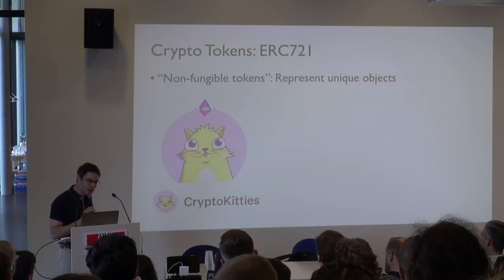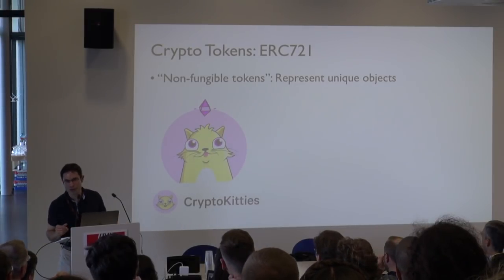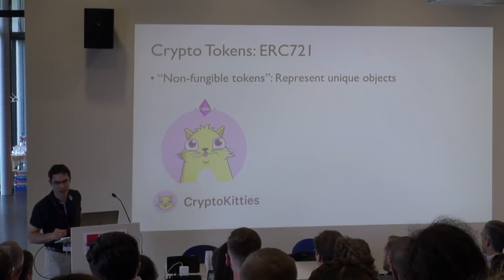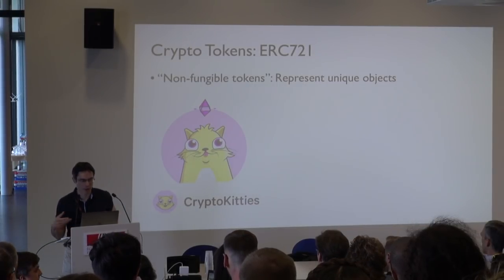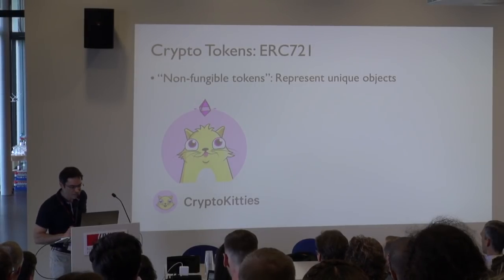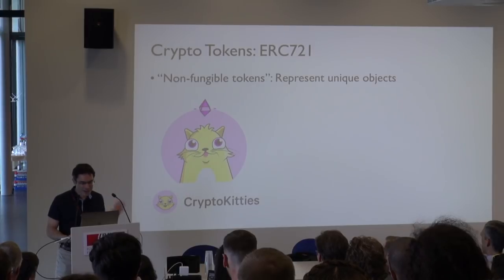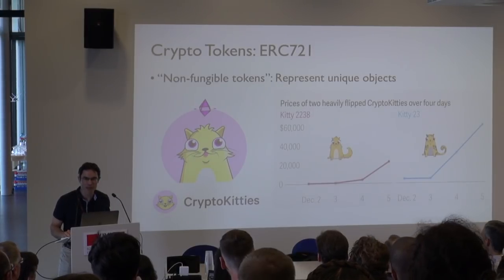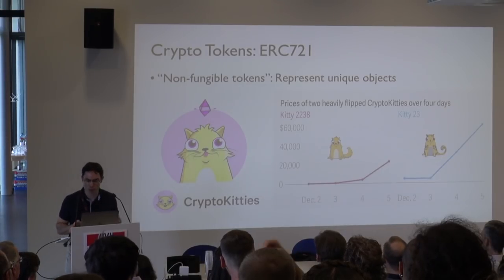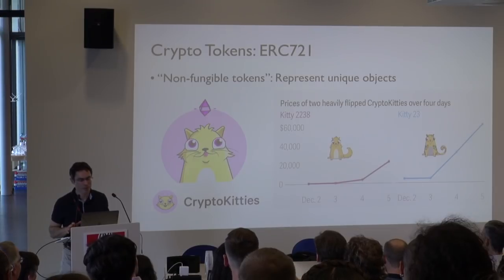Well, the best known application of ERC-721 tokens is to a game called CryptoKitties, very popular briefly on Ethereum, a sort of Pokemon Go-like game, I guess. Well, Pokemon-like game, I should say. These digital cats can sell literally for tens of thousands of dollars. And in fact, since I've created this slide, at least one has sold for more than $100,000.